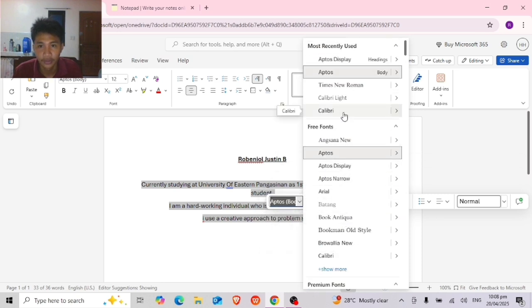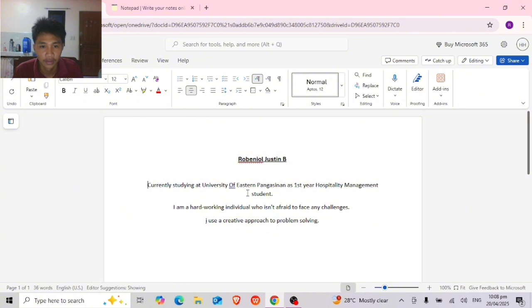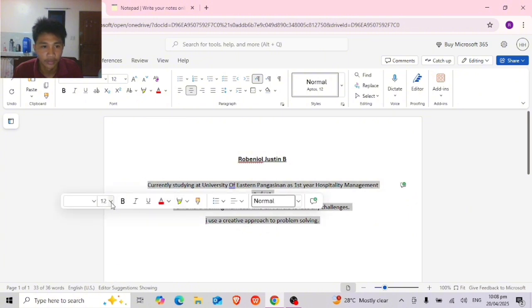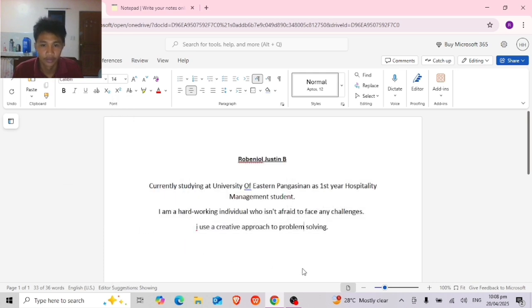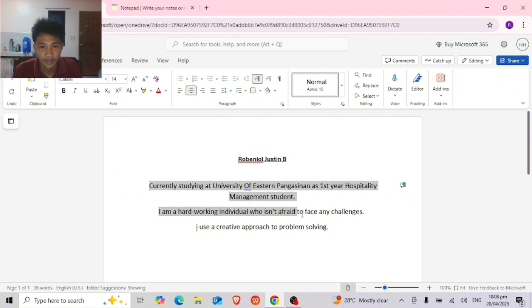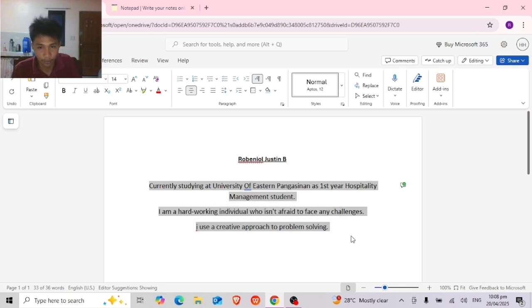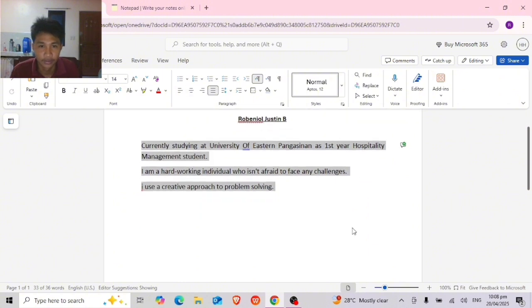Then select again, and I like the size to be 14. Then for the alignment, I just press Ctrl J for justified alignment.